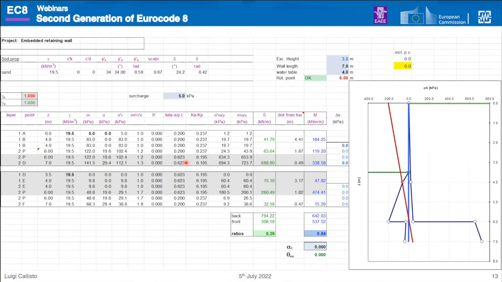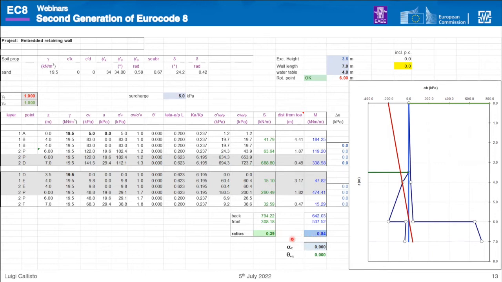This spreadsheet presents the calculation of the active and passive contact stresses, so the total stresses applied by the soil to the wall, when we imagine a rotational mechanism of a rotation of the wall about a point close to its toe. In this configuration, the horizontal accelerations are 0, and this wall is not in equilibrium, because equilibrium means that the resultant of the horizontal forces and on the moment are equal, so this cell should be equal to